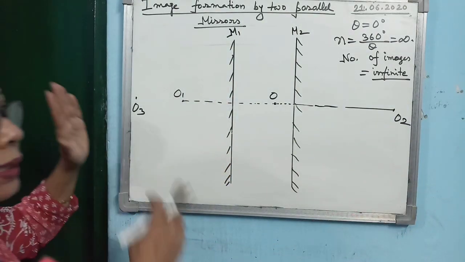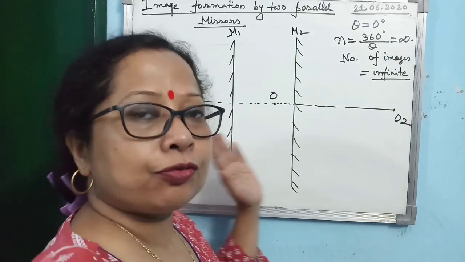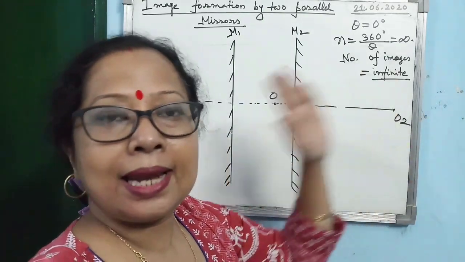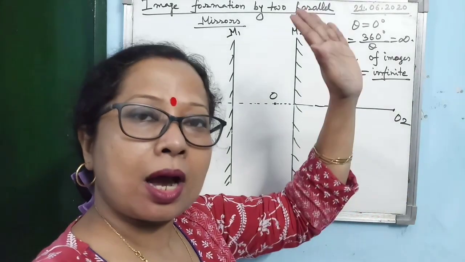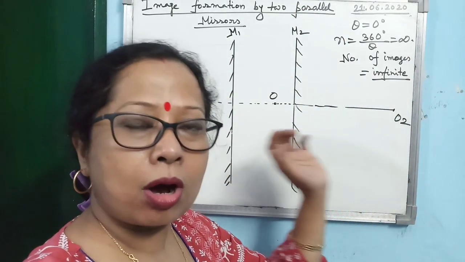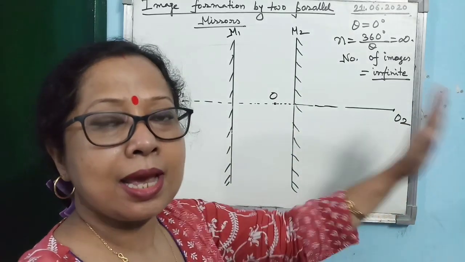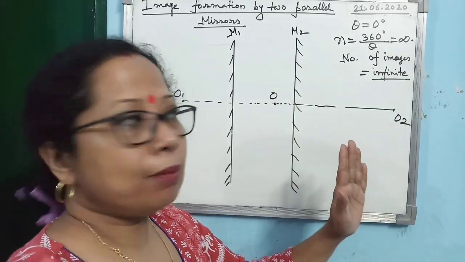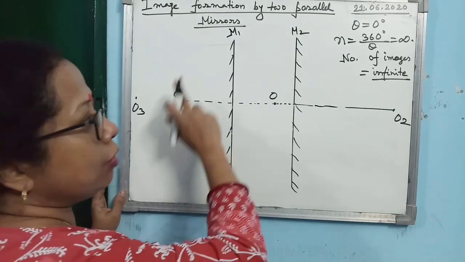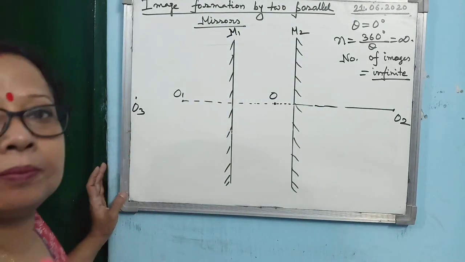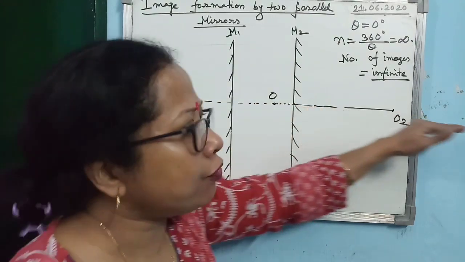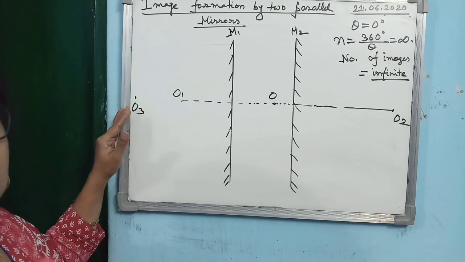So this is the way the image formation will continue. It will cross the room, then it will cross the boundary of my house, the boundary of Sefarai, the boundary of Dhanbad, and go on continuously. The image formation will go on, because when one image is formed, it comes in front of the second mirror. So an infinite number of images are formed.